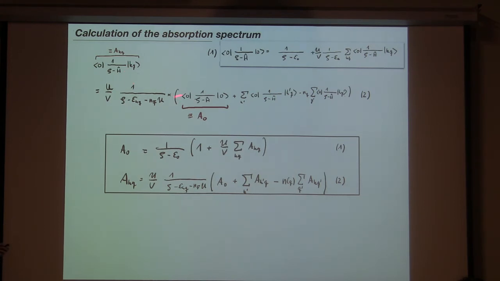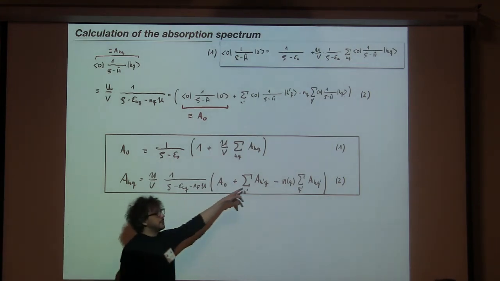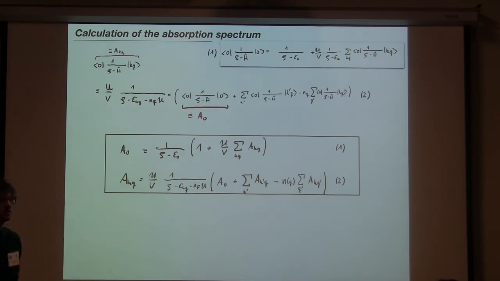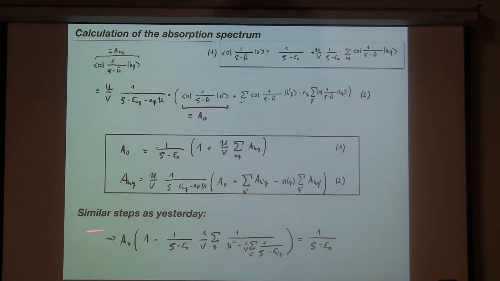And what we find now is, if we write down here some collective expectation values of alpha kq, we can write this equation which we just got in a very neat form. And the equation which we got for the 0, 0 element is also in a very neat form. Here you recognize actually exactly the same equation we had yesterday in the Chevy ansatz. There we called these things the parameters alpha k prime and q. This time it's just some collective parameters. Using exactly the same methods as yesterday, we can solve this equation system.